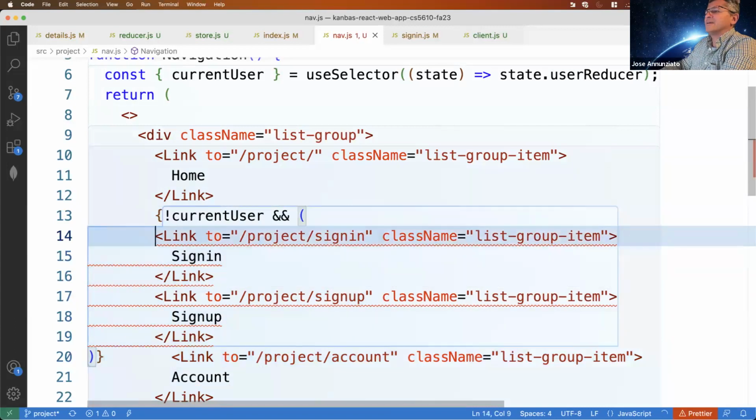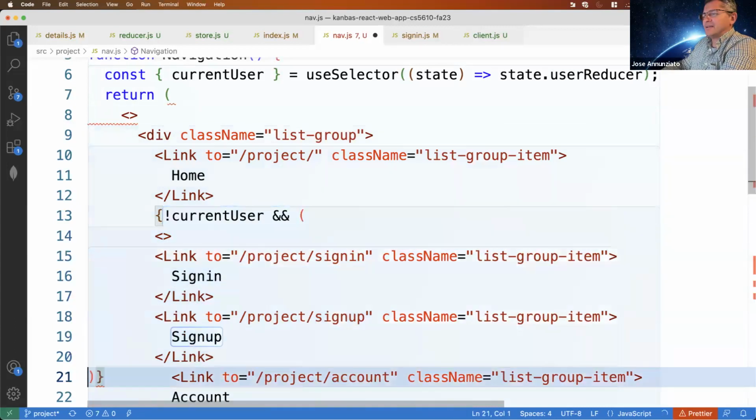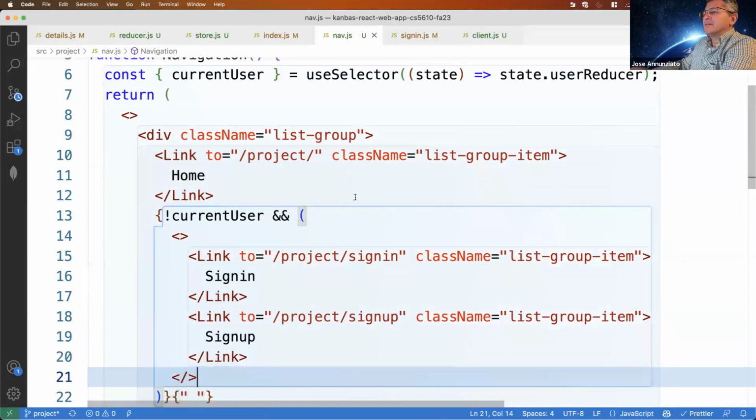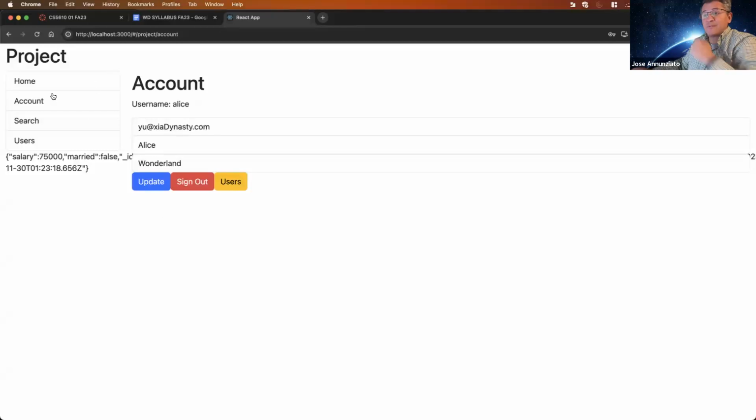Okay, and then probably need to wrap these into these like that. Okay, perfect. Maybe we don't need that. Okay, so notice that we're not logged in. I'm sorry, we are logged in, so we don't see the sign in and sign up.